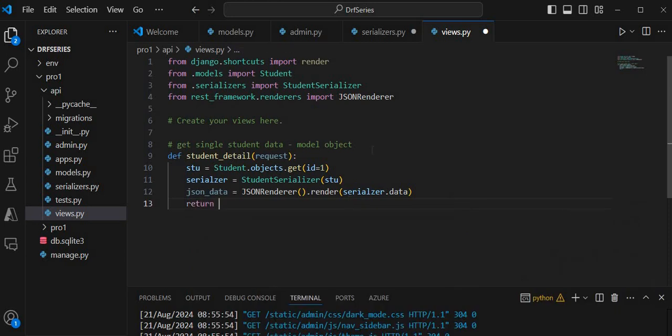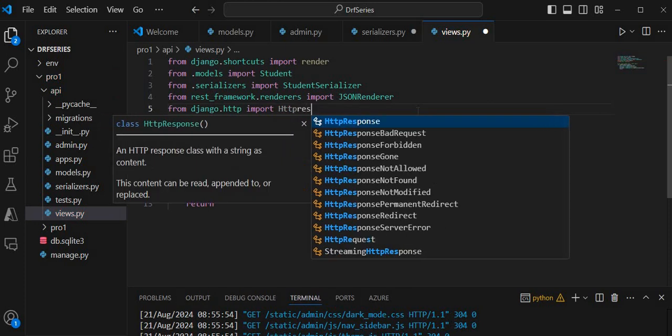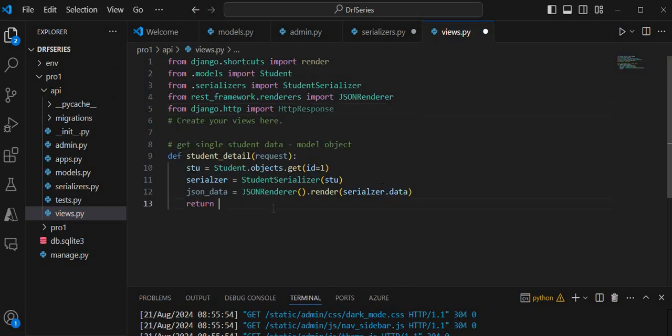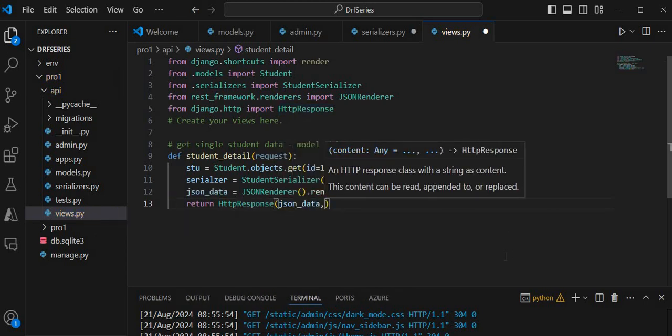Then I have to return this in this view from django.http. For returning, I am importing HttpResponse, and inside this I am passing JSON data, and this will be our